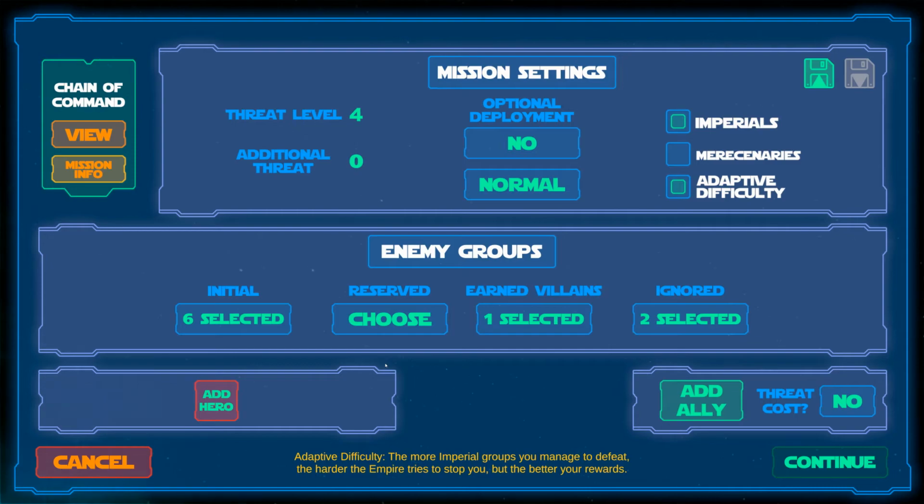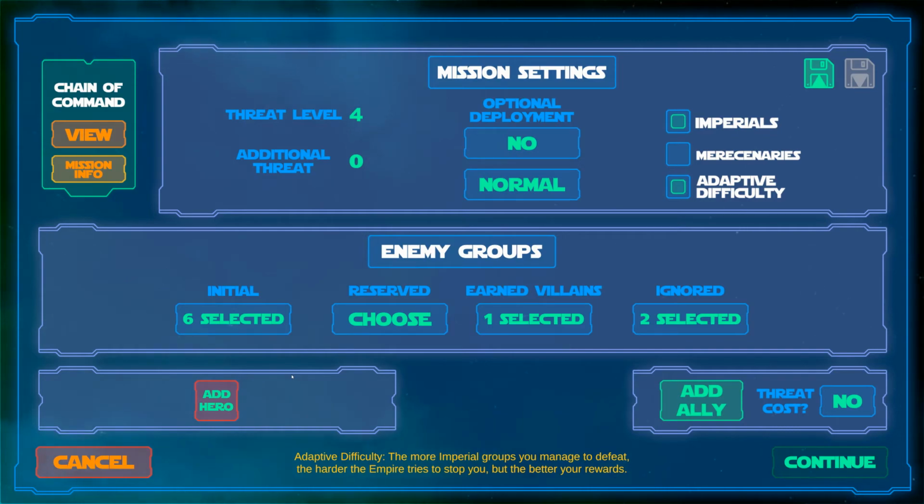So what about open groups? You don't have to bother with them. In Imperial Commander, open groups are determined by threat level, not by the mission. The app automatically creates the Imperial hand from the available groups. You don't have to set a thing. Yes, that means that even in missions with officially 0 open groups, the app will create an Imperial hand to use. I recommend just rolling with it, but if you want to remove groups from the hand, I'll show you how in the third video.